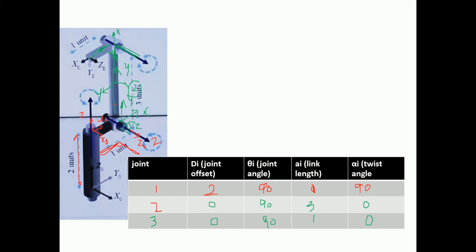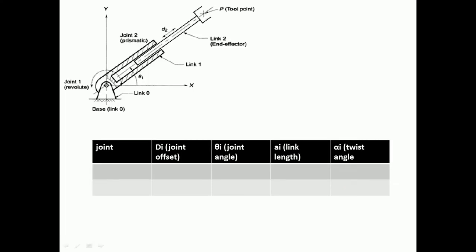Okay, now I am going to take another example to showcase how, if two frames are parallel to each other, in what manner you have to make the assumption that if the previous frame is parallel to the next frame, then the values of joint angle, link length and twist angle are 0. So over here, the frames which are created, you can see this is the rotation, so the z axis should be this,